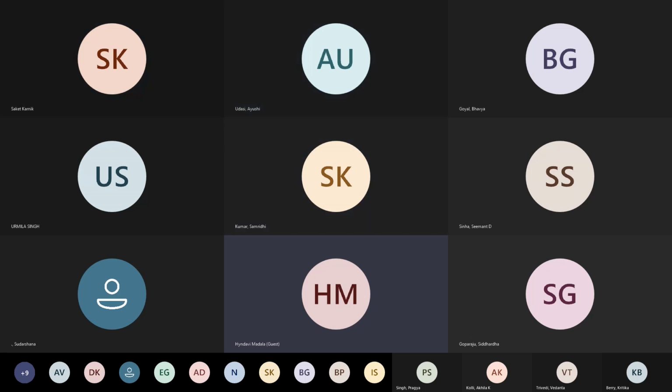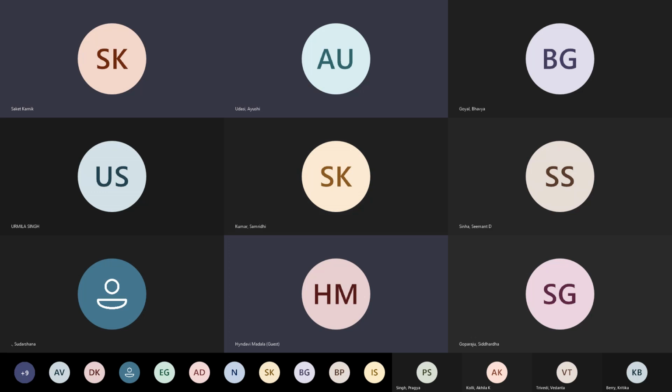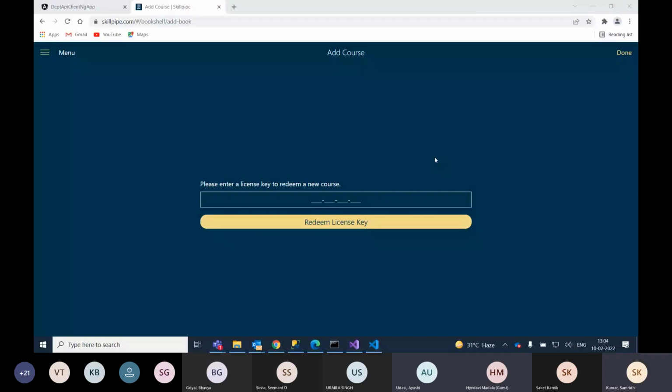Can you share your screen? So are you able to see my screen? It's loading. How many characters is it asking for the license key? Four, I guess. Just try typing something there. I believe it must be multiple characters in each section. Four characters in each dash, right?